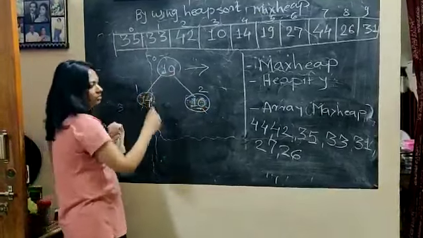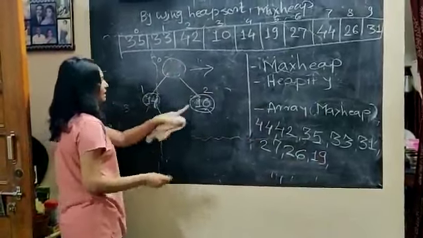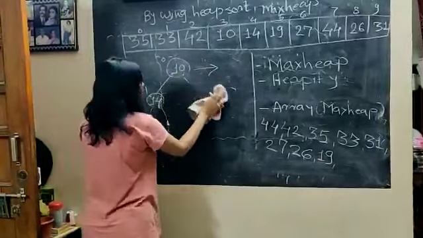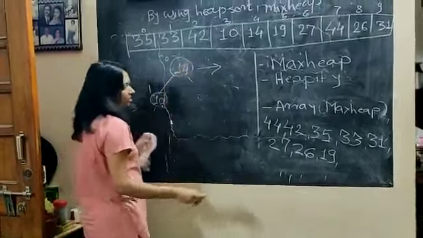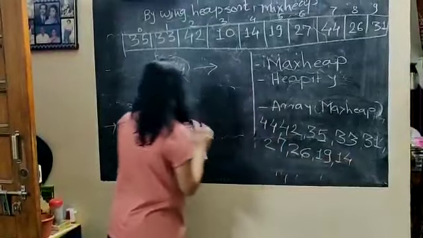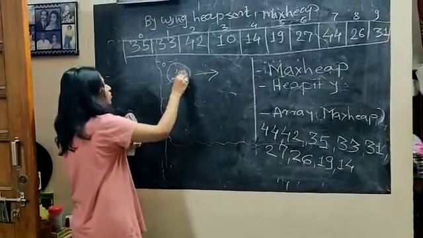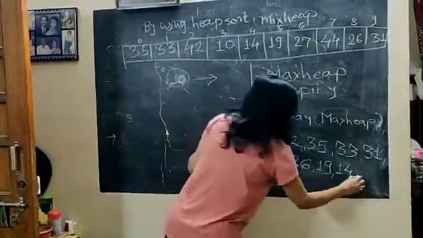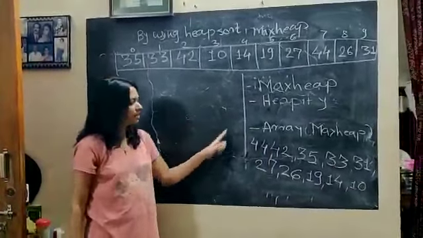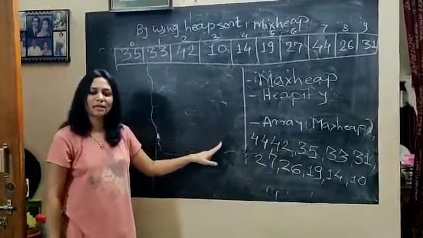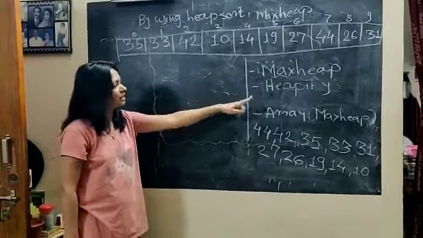It is balanced now, so our next number is 19. Now again you will remove here and 10 will be placed. Now do the comparison. So here comes again swapping of 10 and 14. So our next number is 14. In this way we get our last number as 10, as now there is no child node, so our last node is 10. And in this way, by using the max heap method, our array is sorted. So this was max heap, where the parent node should be greater than the child node, and by using the heapify method, the tree is sorted.